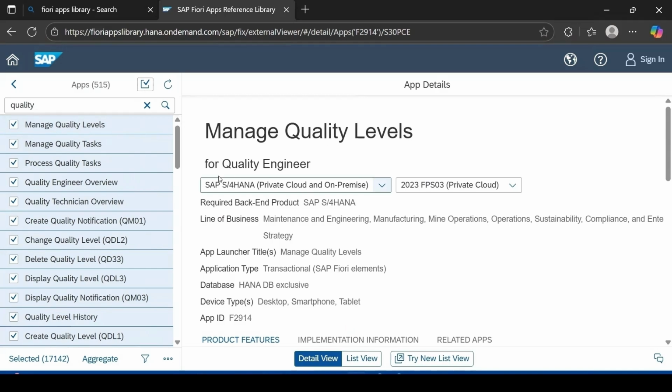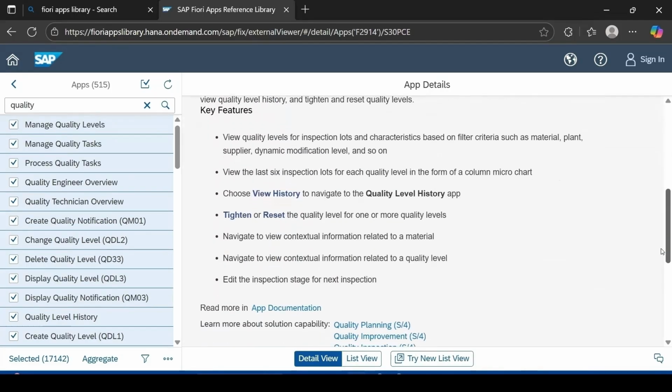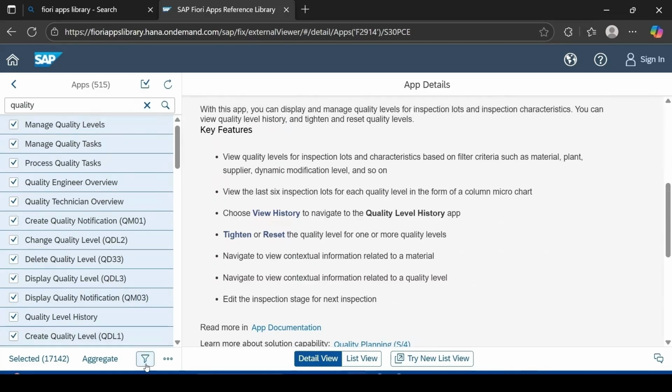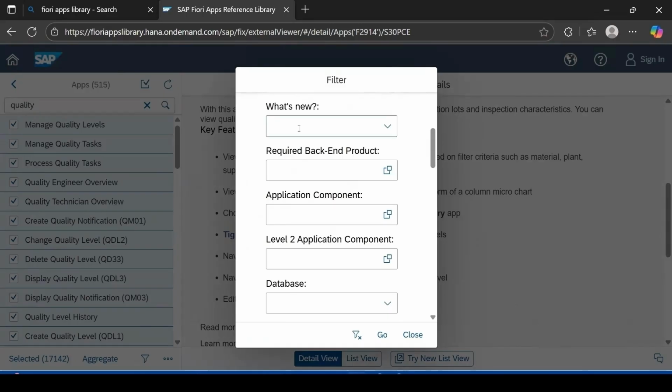Your version detail, you can select whether it is a public cloud or the private, and the key features which are there in this application. Filter icon is there. Click on this. It will give you a pop-up. Here we can select what's new,